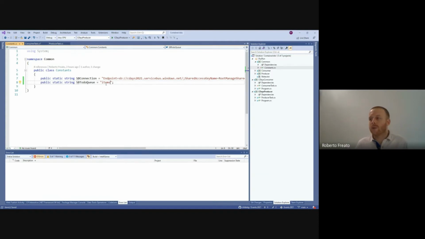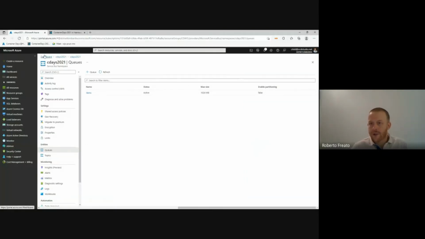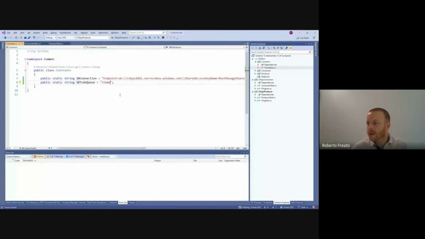Okay, so there are a lot of concepts to say about messaging techniques and message brokers, but we don't have so much time to deep dive into it. So just think about the very, very simple queue that you have in mind, the one in which you put a message and you can take a message out. So in this case, we create the queue inside the service bus account, and I will play the first producer